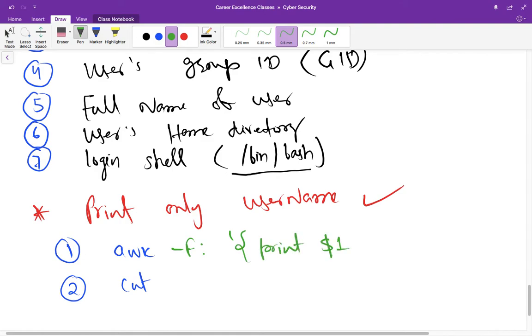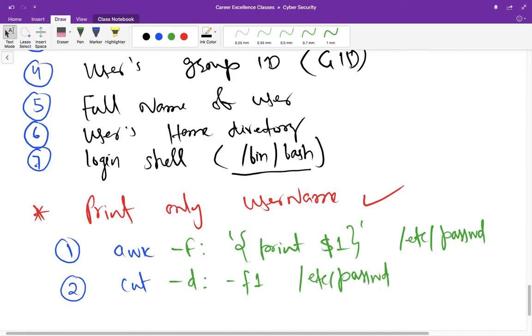Dollar is used for variables, and we use 1 because we want the first entry, and then the name of the file from which we are filtering these entries. Similarly for cut, we have -d, then -f1 for the first field, and then the file name.